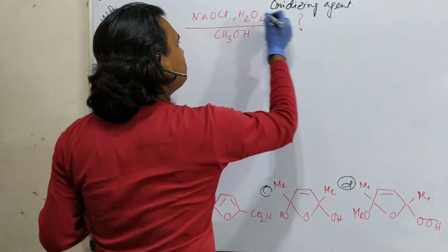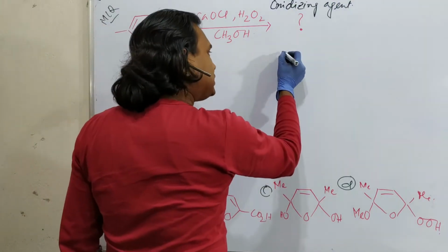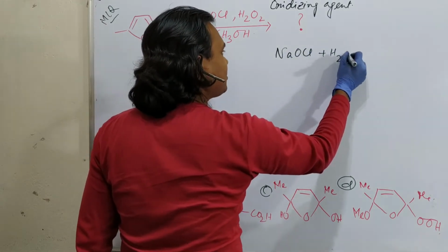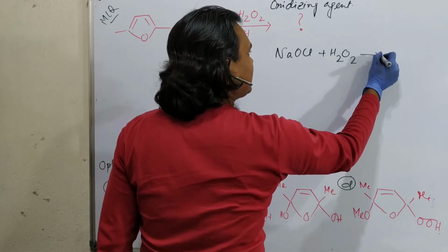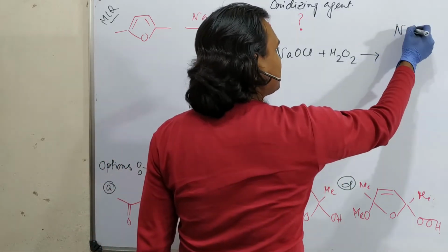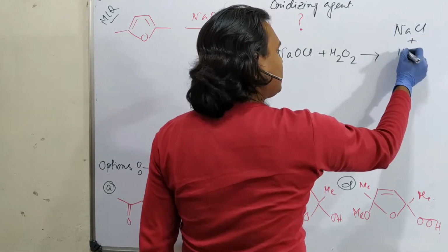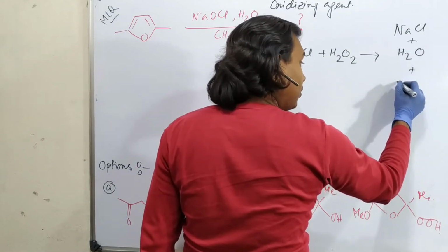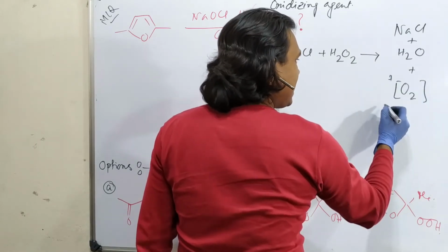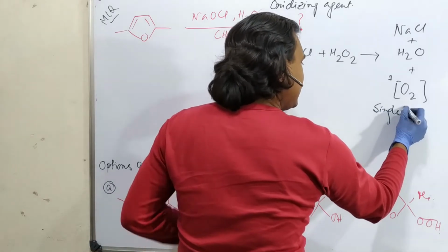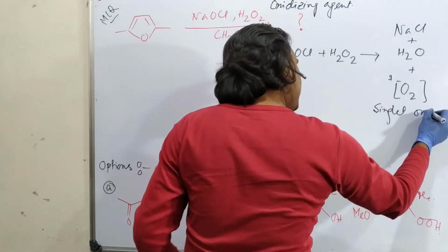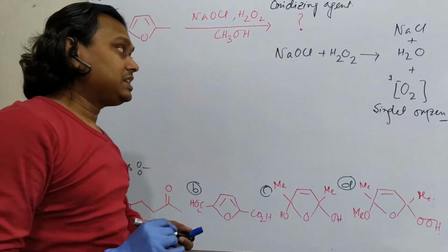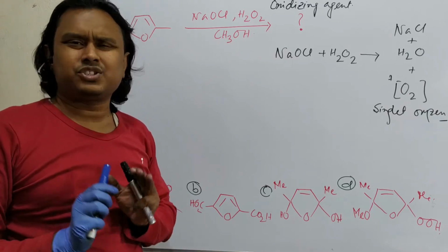Fine. So what happens? This sodium hypochlorite and hydrogen peroxide, both are oxidizers, and actually they react and give a unique product. Sodium hypochlorite plus hydrogen peroxide react and produce, first of all, sodium chloride, along with that water, along with that the interesting molecule oxygen. Not only oxygen, its name is singlet oxygen. By the way, I have already uploaded a dedicated lecture on singlet oxygen. Please visit for detailed understanding. Here I will give a very brief qualitative description.